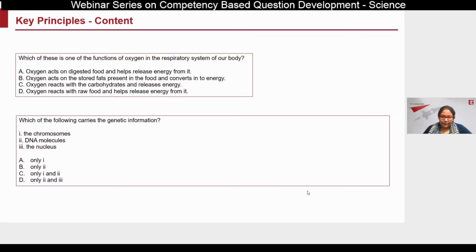And the second question, what I have is more than 1 correct answers. All 3 in a way, the chromosomes, DNA molecules, and the nucleus. All these 3 things carry genetic information. Now, I may come back fighting if I'm a question maker and say, no, I meant DNA, but that is something that I had in mind, right? I can't go back and decide how a student interprets this question. So there is a gap, or there is a scope to interpret subjectively, and such questions should be avoided.